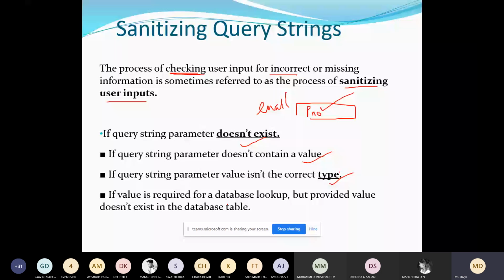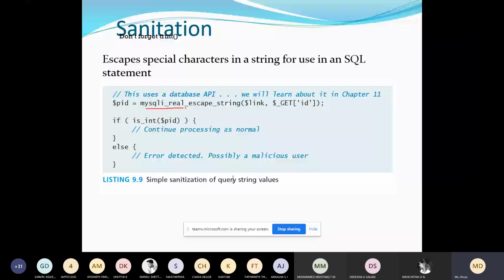For that you have to use this built-in function, which is used for checking special characters in a string for use in an SQL statement. Whenever you are uploading anything to the database, maybe any content, you have to check with this function: SQL real escape string.